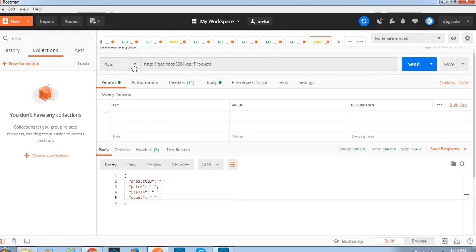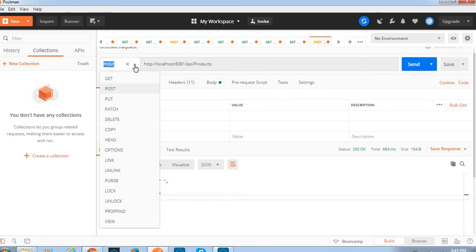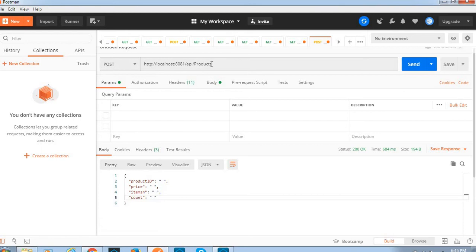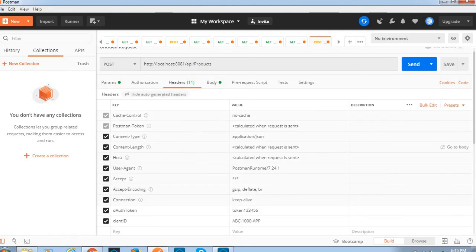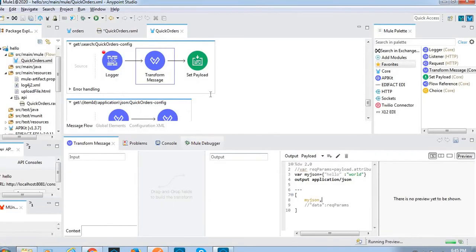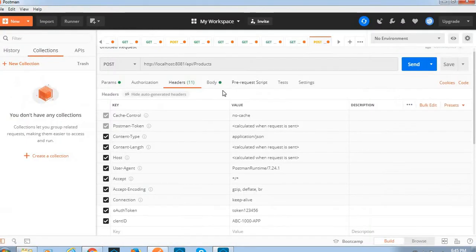See, here I have selected Postman for products. This is another resource. This is the path, and in the headers, see, okay, let me delete this one. We'll get some error. After that we'll add these things.